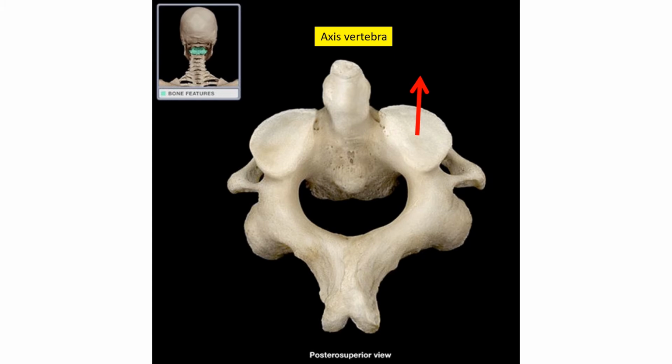This is the transverse foramen, and it has a facet on its body to receive the atlas. And the question is, does C2, the axis vertebra, have a body? The answer is yes. And from this body,